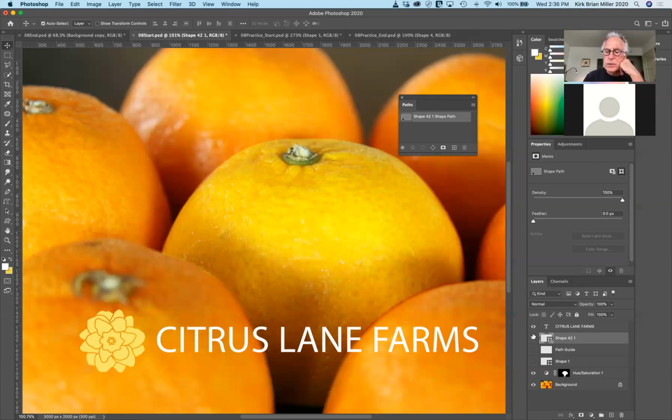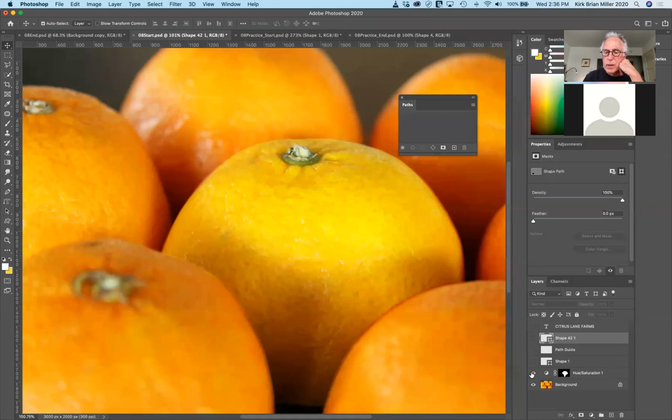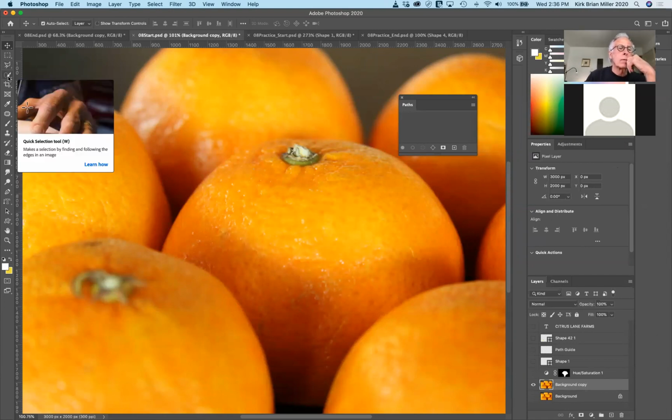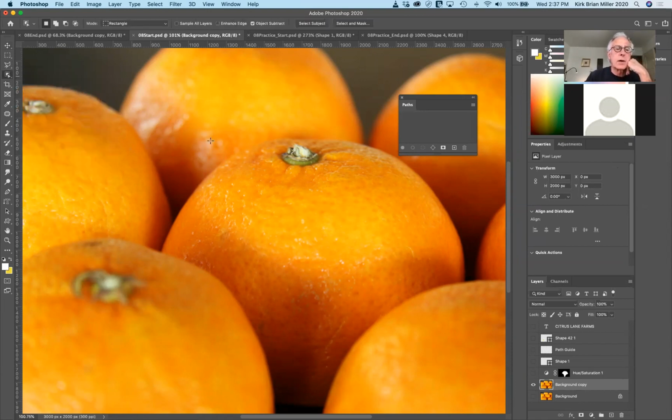Now, in addition to that, this is what I wanted to show you guys. Something that I like doing, remember I said I always like to get in the habit of copying the background first so I don't accidentally work on that. So if I hit Command J, I make a copy of it. And if I need to, I turn off the background image. Now watch what happens. We'll get very close. It won't be precise. But this is what I'm saying, the pen tool is a useful tool in here. But if you want to create a really precise or a quicker selection of this, we could probably use